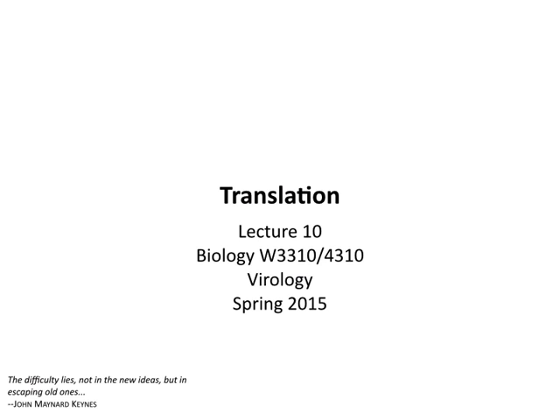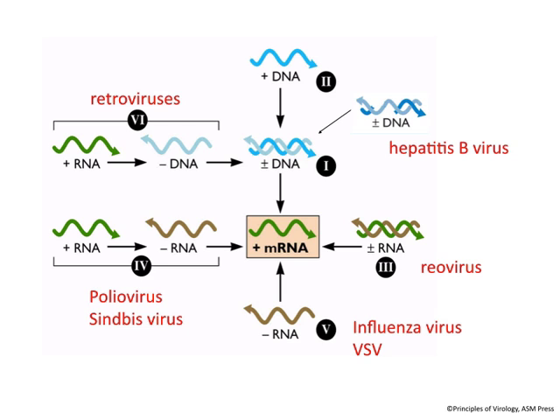I've spent all this course so far talking about how viruses get to mRNA. Today we're going to figure out what they do with it. And of course, this is all about translation, or protein synthesis. Now, viruses all need to make mRNA that is readable by ribosomes. Because no virus encodes a complete translational system, they are totally parasites of the host translational system.